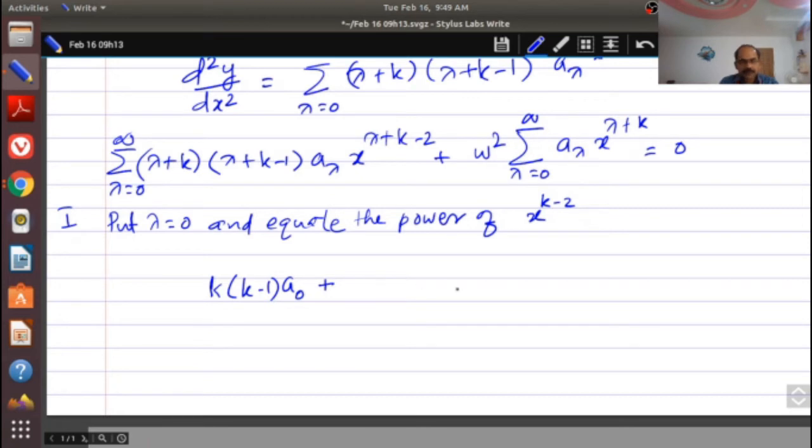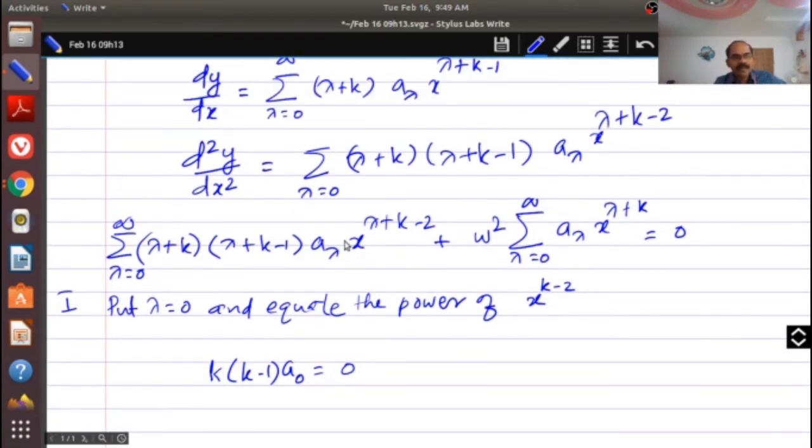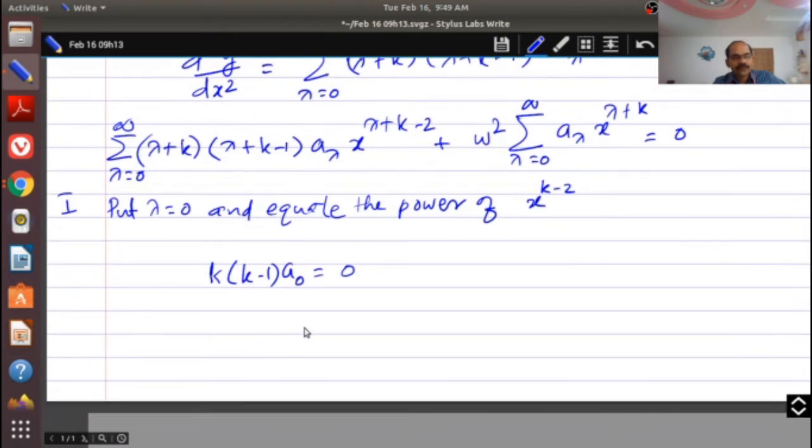So the coefficient is basically 0, and on the right hand side there is again no coefficient, so it is 0. So it is giving you that this is equal to 0, straightforward. We have already taken it for granted that A0 is non-zero. So this gives you,